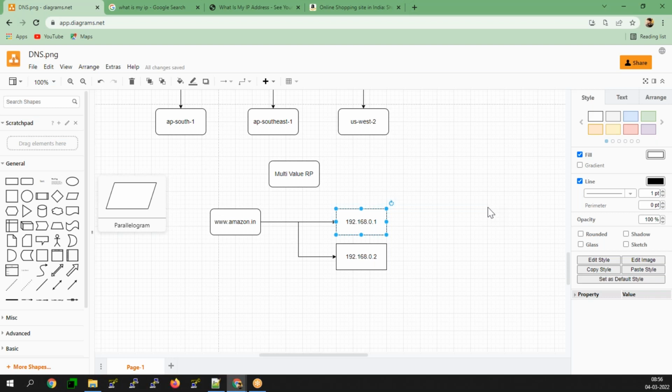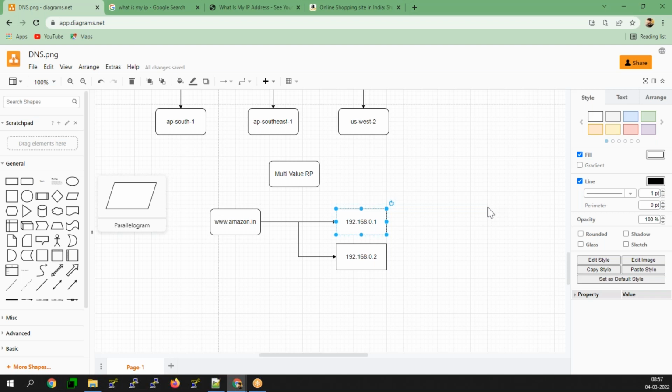So now you are going to learn how to purchase a domain and how to use your respective domain. Whenever you are going to use a domain, first of all you need to purchase it.